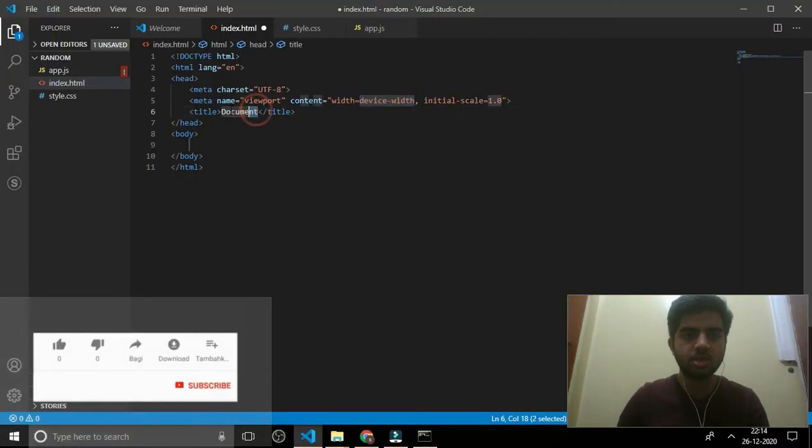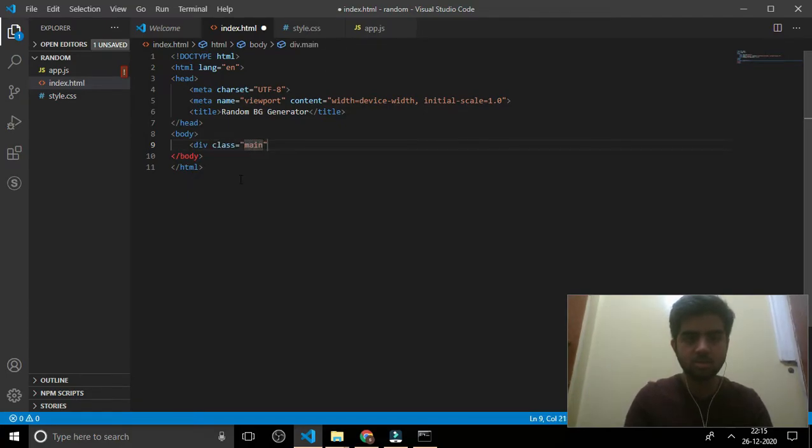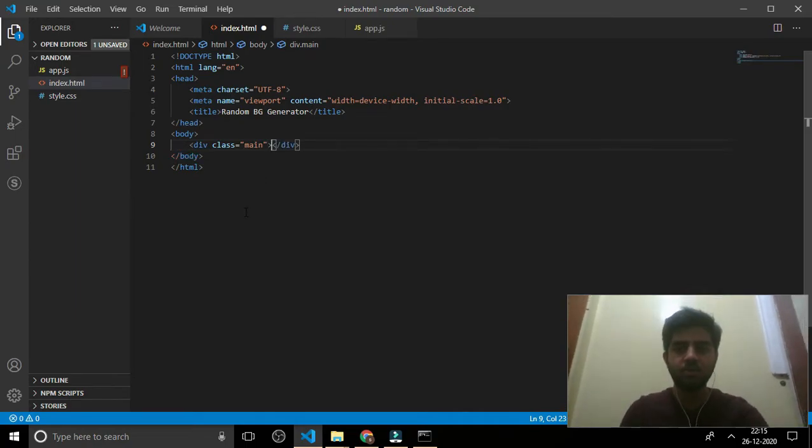The document to randomizer. Declare a div with a class main. Let us change the camera orientation.